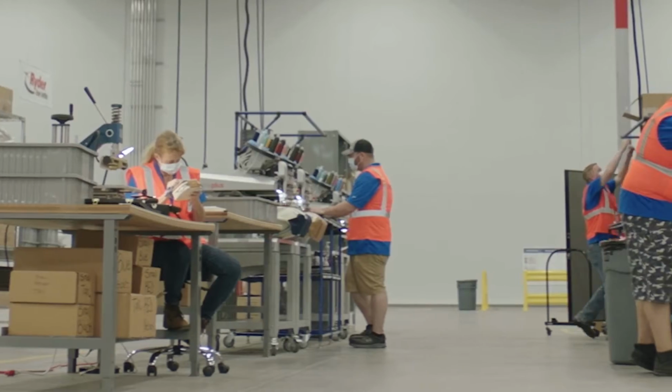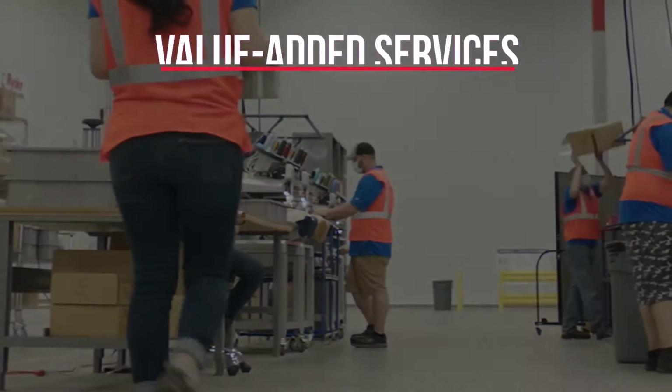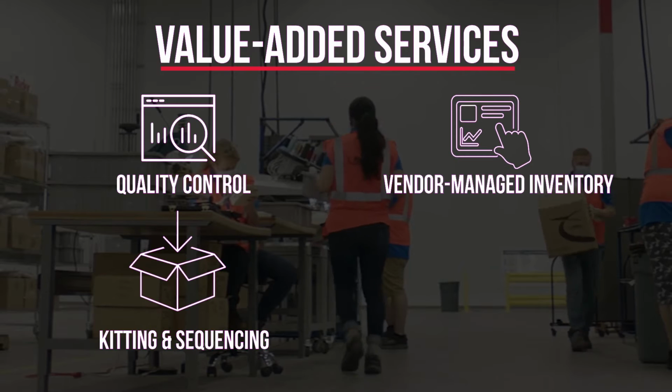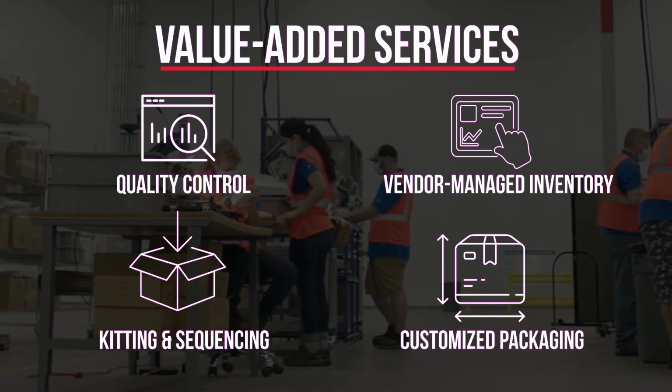Safety medal. Additionally, our value-added services that include quality control, kitting and sequencing, vendor-managed inventory, and customized packaging help streamline